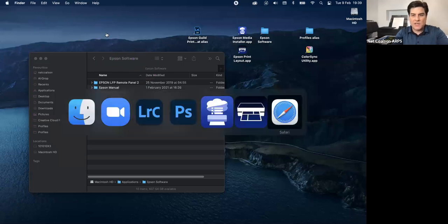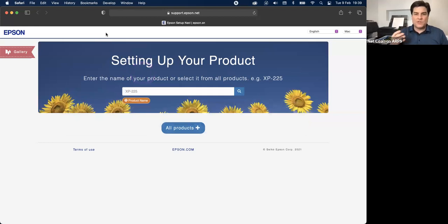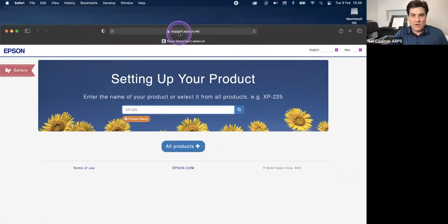Okay, so the first thing is to acquire the printer driver. Now, if you've just got the Epson P900 brand new, you've unboxed it, put it on your desk, and you're ready to go through the setup, there actually is a very, very automated sequence of steps that you can use to connect your computer with the printer and install the driver. So if you go to a special web address here, and apologies, my Zoom bar is in front of my window. Let me just pull that down. Okay, if you see here,